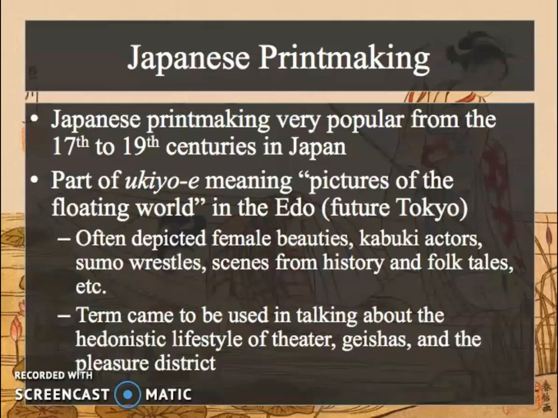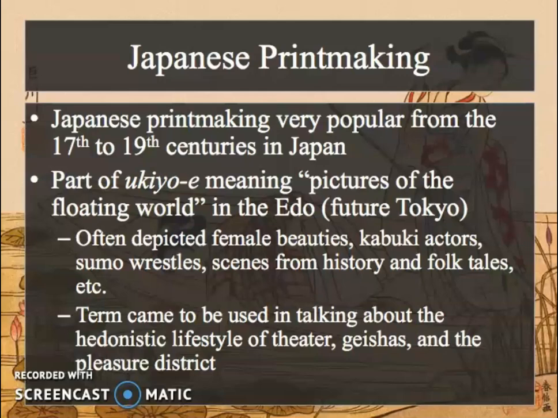Japanese printmaking is really going to be important for Impressionists and Post-Impressionists. It's very popular from the 17th to 19th centuries in Japan. It is part of ukiyo-e, which means pictures of the floating world, in Edo, which is future Tokyo. It often depicts female beauties, kabuki actors, sumo wrestlers, scenes from history and folk tales, a lot of women in pleasure districts, and sexual images. And the term came to be used in talking about the hedonistic lifestyle of theater geishas in the pleasure district. But it was still a very large representation of nature and